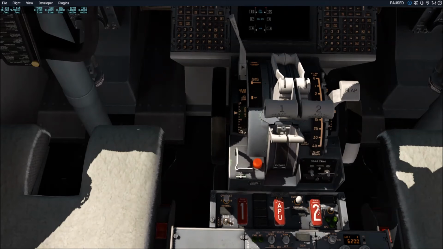These are the fire suppression switches inside. This is engine 1 and 2, and this is the APU. APU is the engine behind, which gives power initially for the air conditioning, the instruments, and even for starting the engine. Sometimes you have other ways to start the engine. This is the brake.